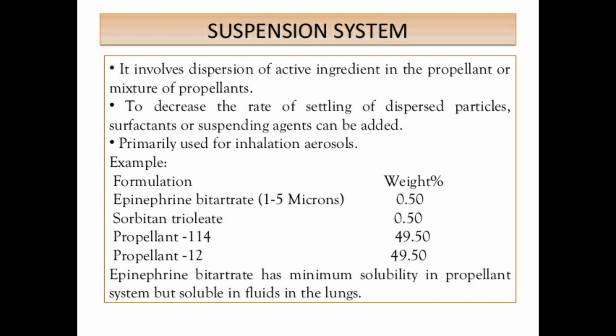The physical stability of the dispersed system depends on the rate of agglomeration of the suspensoid. Agglomeration is accelerated at elevated temperatures and is also affected by the particle size of the drug. Agglomeration results in valve clogging and inaccuracy of dosage, and depending on the nature of the active ingredients, it may cause damage to the liner and metal container. Isopropyl myristate and mineral oil are used to reduce agglomeration. Surfactants of HLB value less than 10 are utilized for aerosol dispersions. Surfactants are effective in a concentration of 0.01 to 1%.